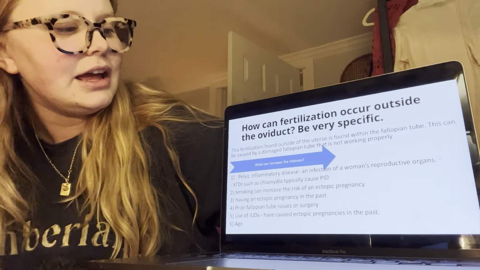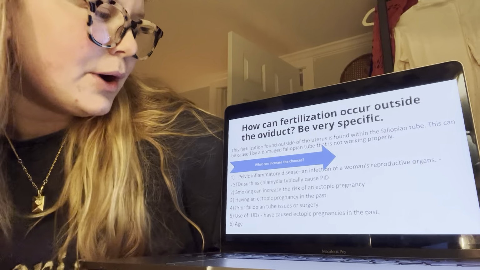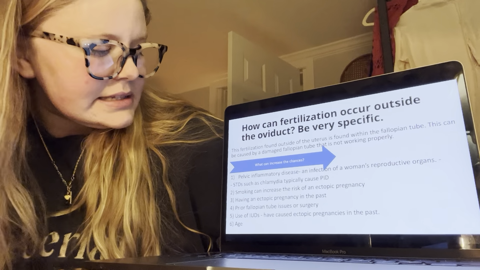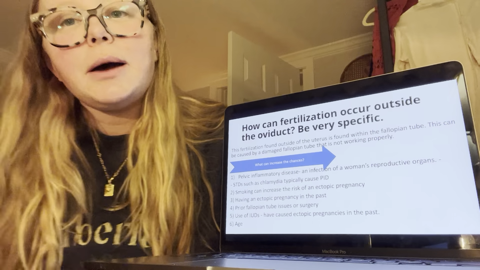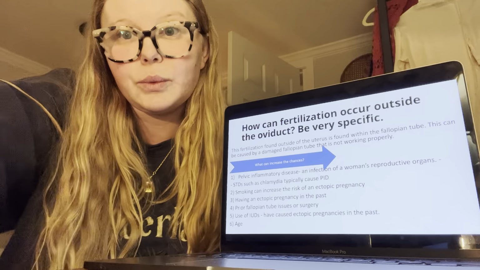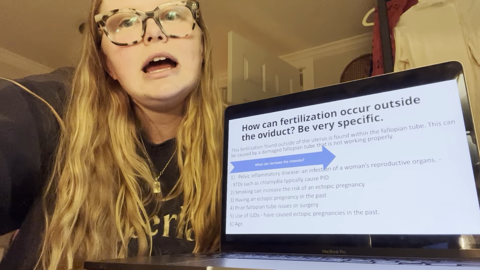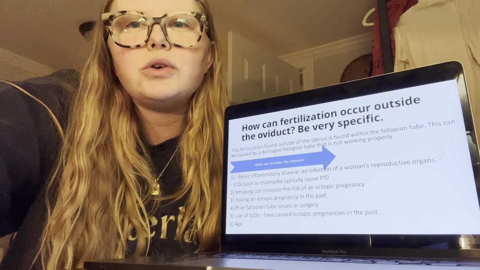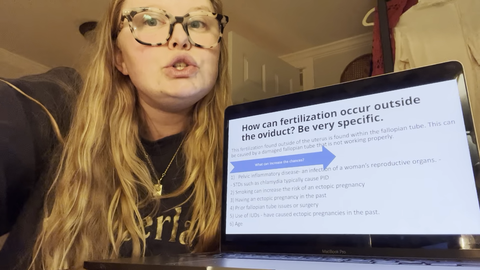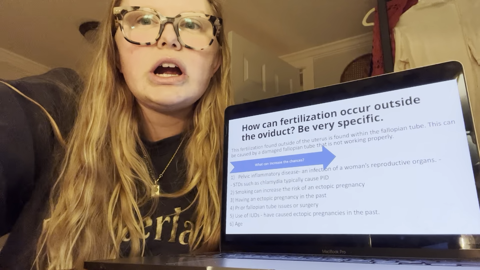This can increase the chances of an ectopic pregnancy. Smoking can increase the risk of ectopic pregnancy as well. Having an ectopic pregnancy in the past, sadly, can lead to having another one in the future. Not always. It's recommended to wait about 2 full menstrual cycles before trying to get pregnant again, or even longer